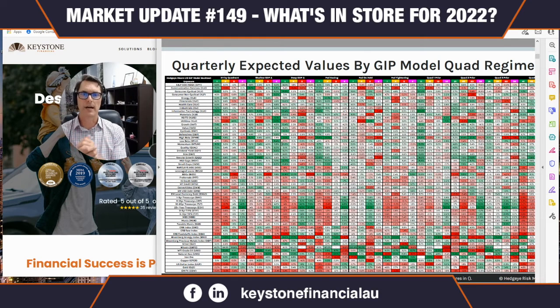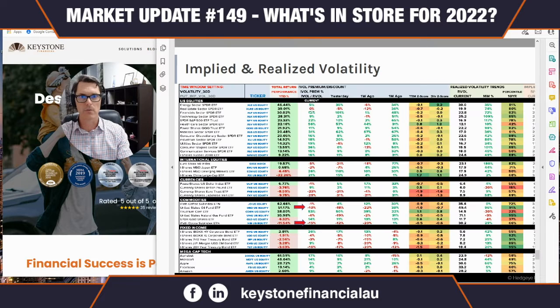And so what you end up wanting to look for, what I will end up wanting to look for, are the opportunities where I can benefit from an asset class that does well in both quads. And again, I'm going to talk about that as well. Just before I get to all of that, though, I thought it would be worth discussing volatility.